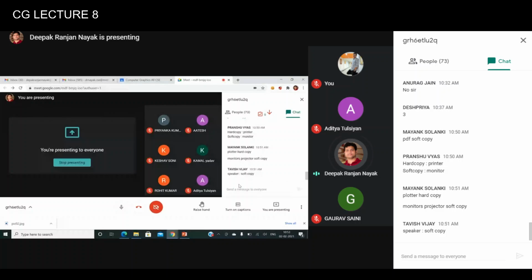Then we'll discuss the most important part of this course, the scan conversion algorithms. How will we generate a line, how will we generate a circle? There are a few algorithms we will follow, and we'll follow more than one algorithm for one rendering task, by discussing the limitations of one algorithm and the advantages of another. Fine.